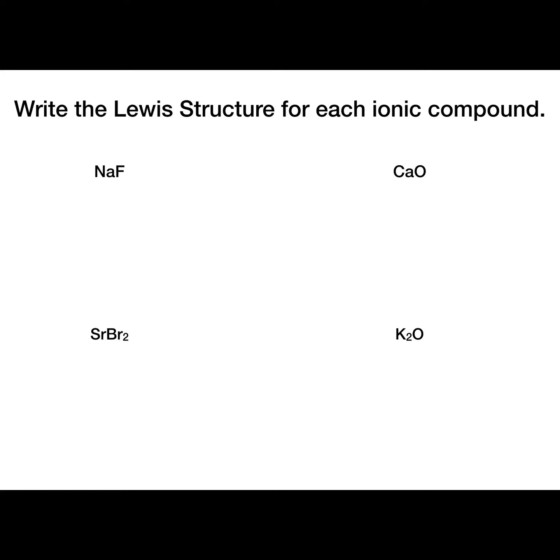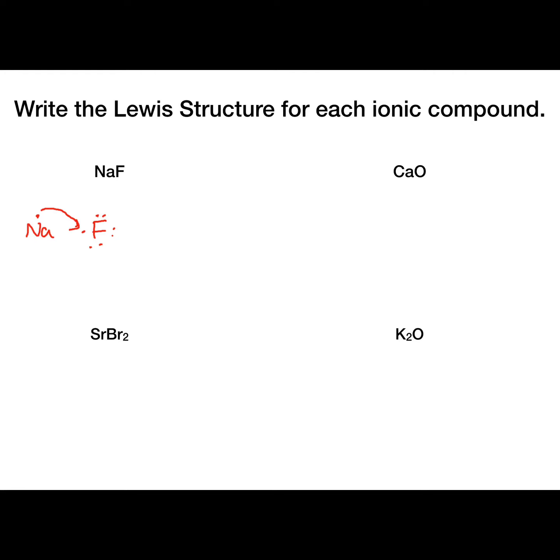Our next problem is to write the Lewis structure for each ionic compound. So our first ionic compound is sodium fluoride. Now sodium has one valence electron, so let's write sodium. And fluorine has 7 valence electrons. 1, 2, 3, 4, 5, 6, 7. Okay, so sodium donates an electron to fluorine,